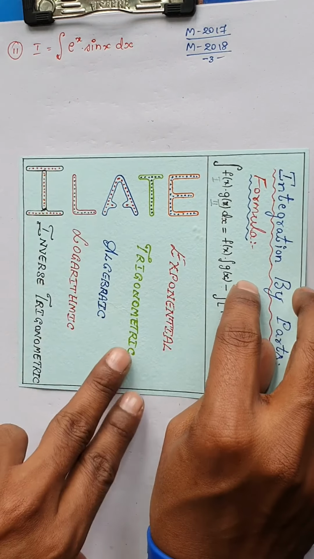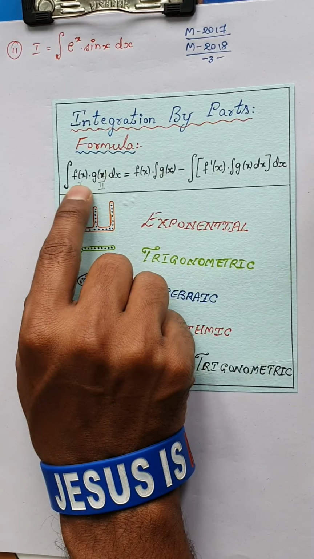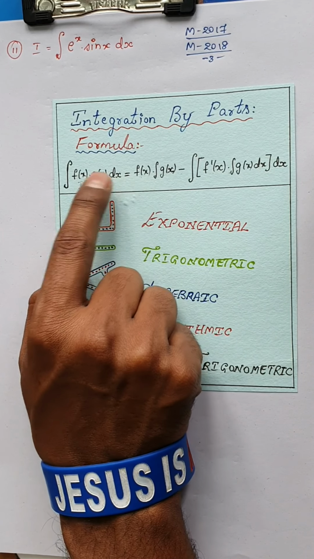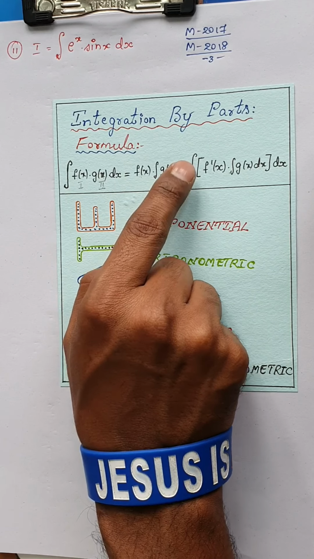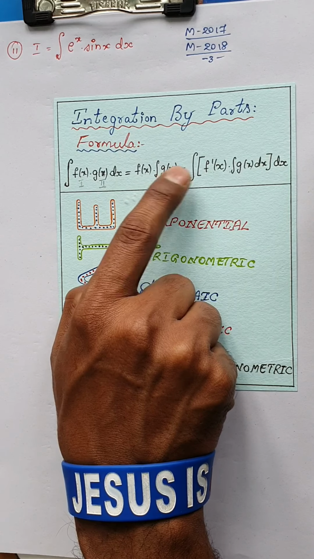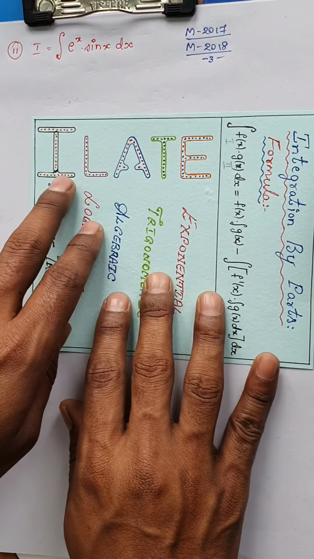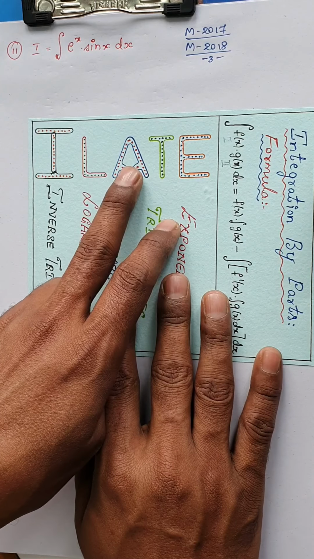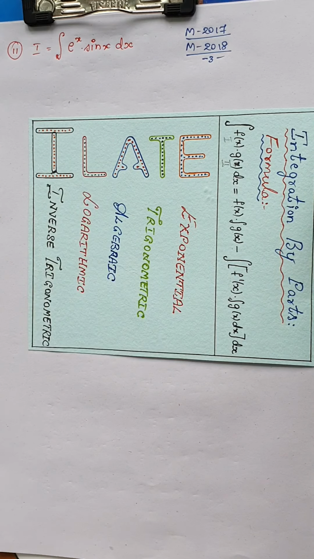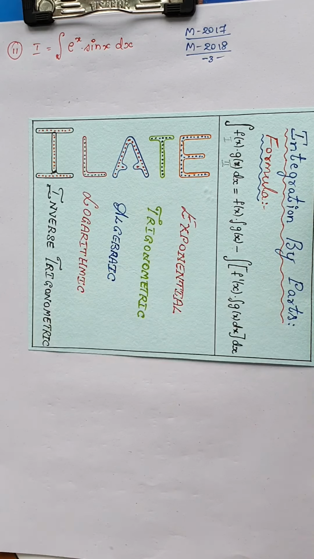Let me give an introduction here. We know in integration by parts we will be having two functions, first and second function. The process is: keep the first function as it is and integrate the second, minus the integral of the derivative of the first function into whatever you have integrated, keep it as it is, into dx. Along with that, to decide which function to consider as the first function, we will be using the shortcut method ILATE: inverse trigonometric, logarithmic, algebraic, trigonometric and exponential.